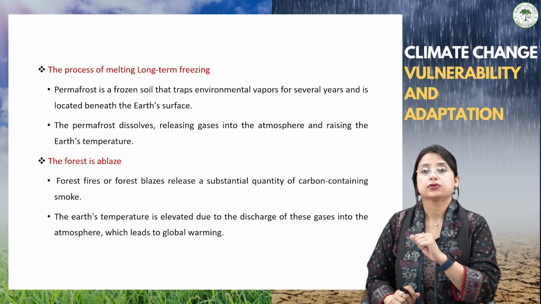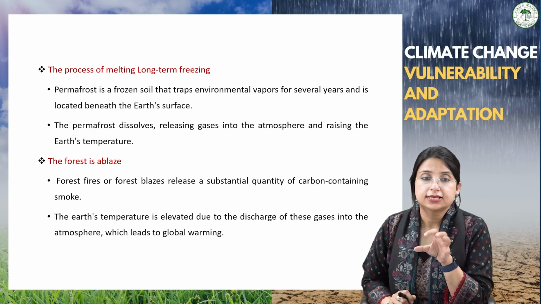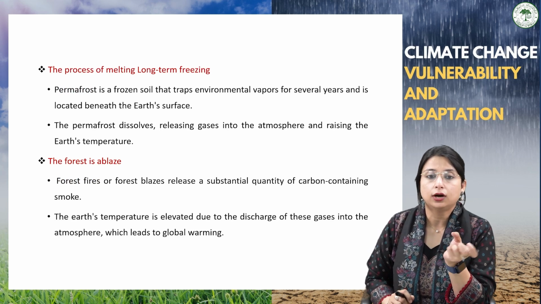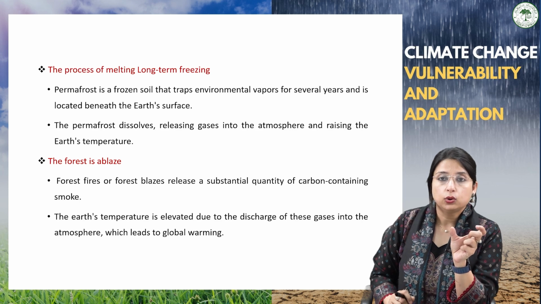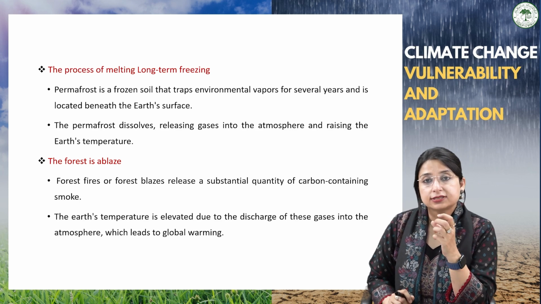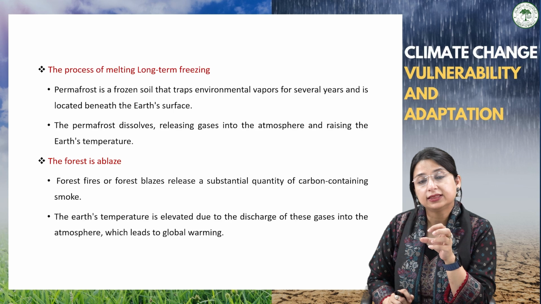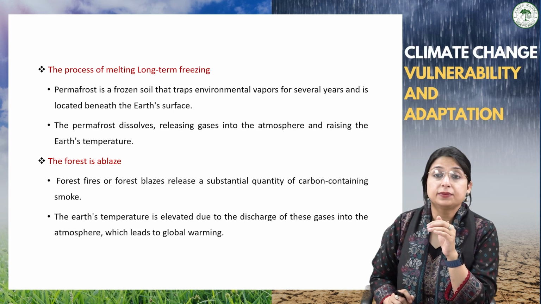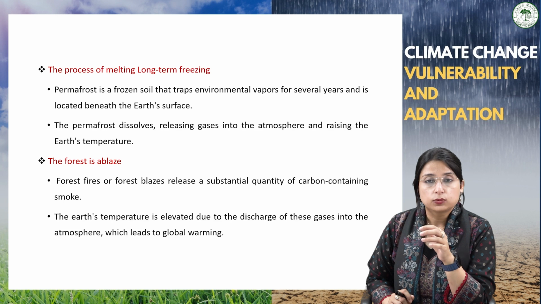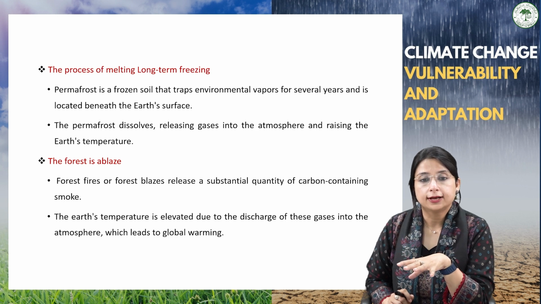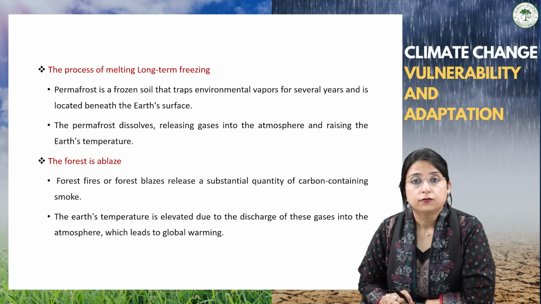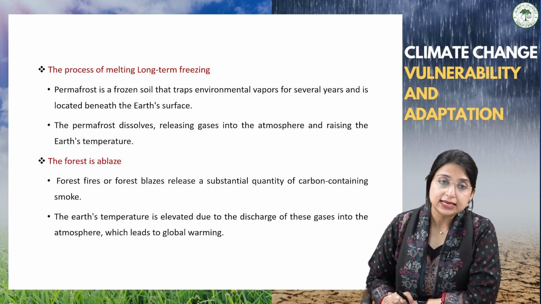Another major natural cause of global warming is the melting of long-term frozen ground. Although I have already talked about the permafrost, we know it is a frozen soil which traps methane and even water vapors for several years beneath the Earth's surface. But when this permafrost thaws, it releases gases into the atmosphere which are capable of absorbing heat, thus